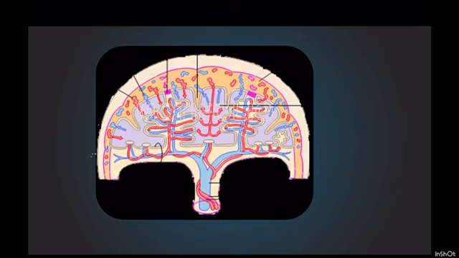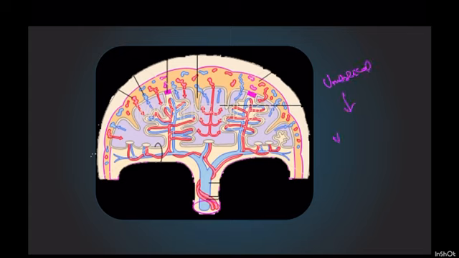Now let's look at the placenta. This is the maternal side of the placenta. This is the fetal side of the placenta. Two umbilical arteries and one umbilical vein. The umbilical artery branches itself. Here you have tertiary villi, and the terminal artery, the end artery of the umbilical artery, is the artery in the tertiary villi. So remember, the umbilical artery